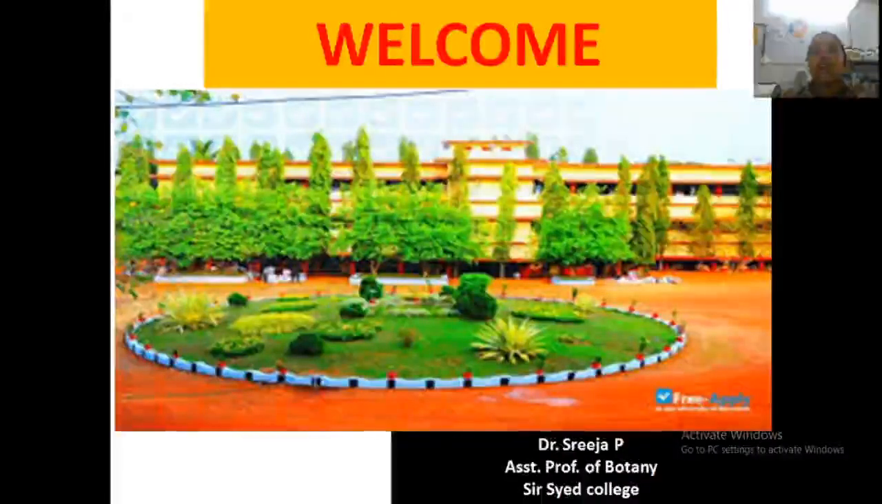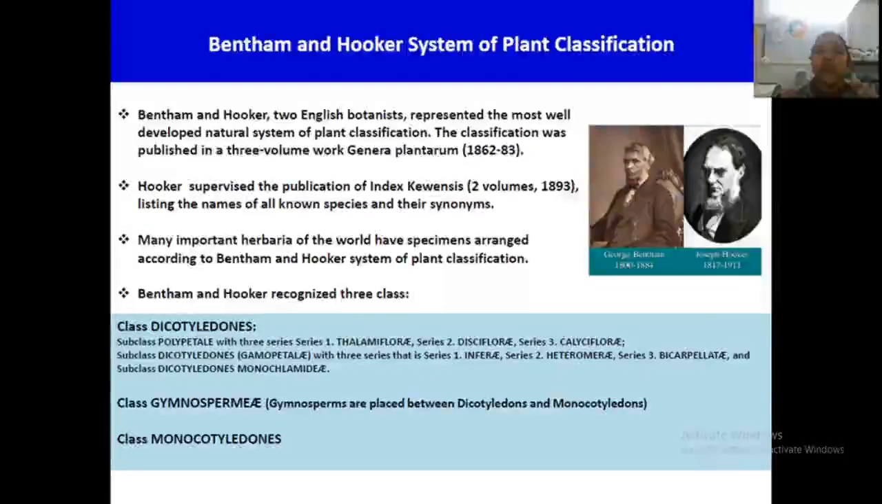One important system of classification is proposed by Bentham and Hooker. You are now also aware of the different systems like the linear system, the Engler and Prantl system, and the APG system. But for it, you have to study in detail the system of classification proposed by Bentham and Hooker. George Bentham and Joseph Hooker are two well-known plant taxonomists and English botanists, who proposed